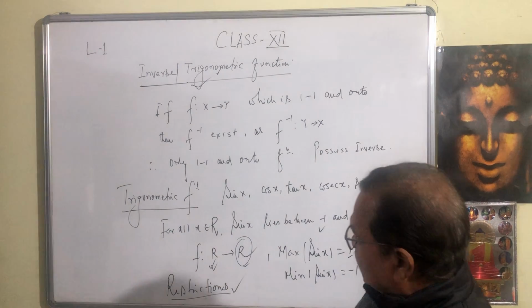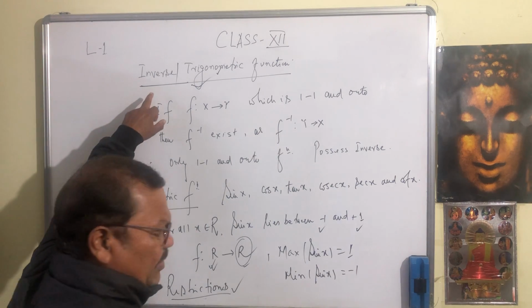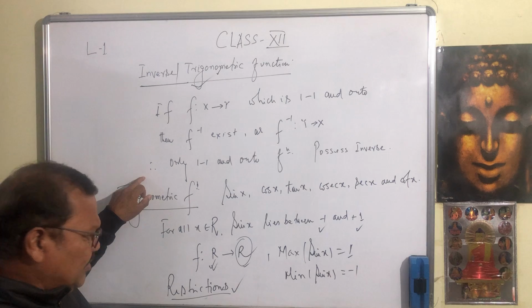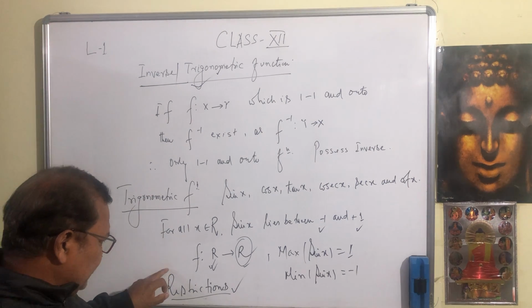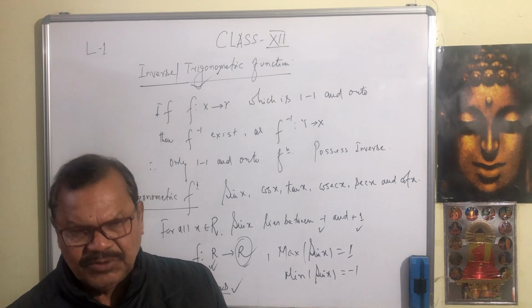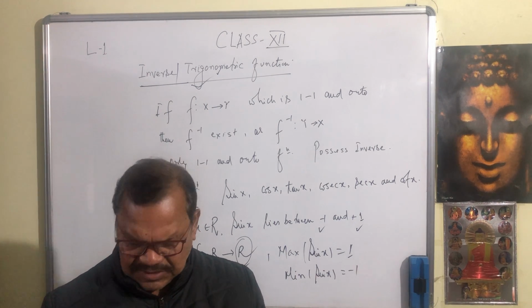So this is all about this function. That is the first condition here. Let us conclude here. The function should be 1-1 and onto. Then inverse can be obtained. We shall make certain restrictions. So in the next lecture we shall see some restrictions over the 1-1 onto function, over the sine, cos, tan functions. Thank you.